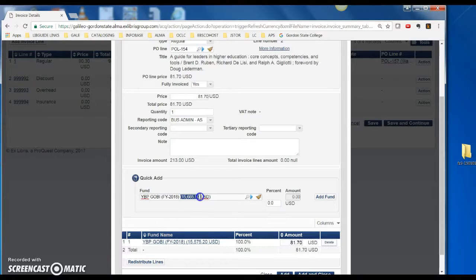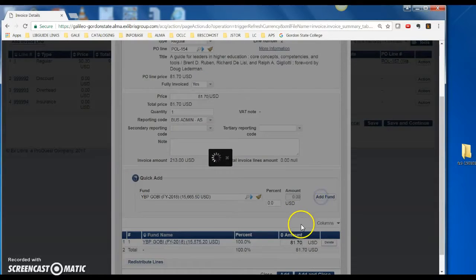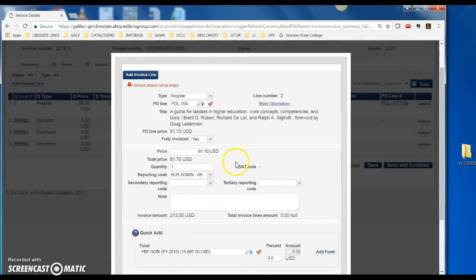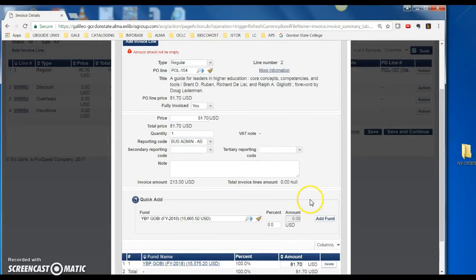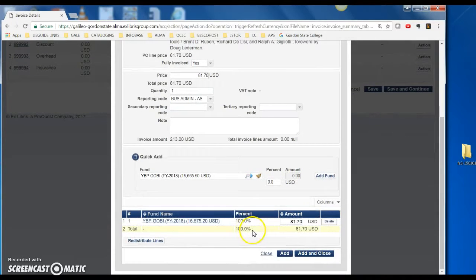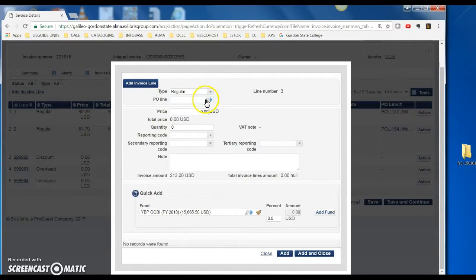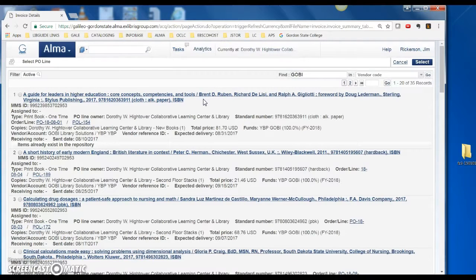This is our available balance right here. That's what that shows you. Let's see, I need to do add, I guess. And then we're going to add our final purchase order line,